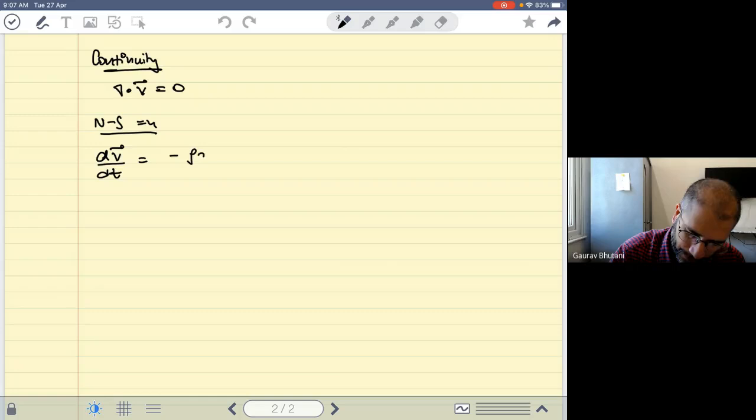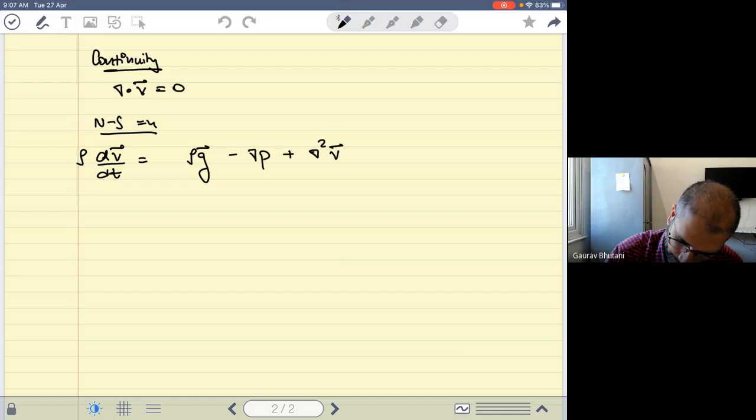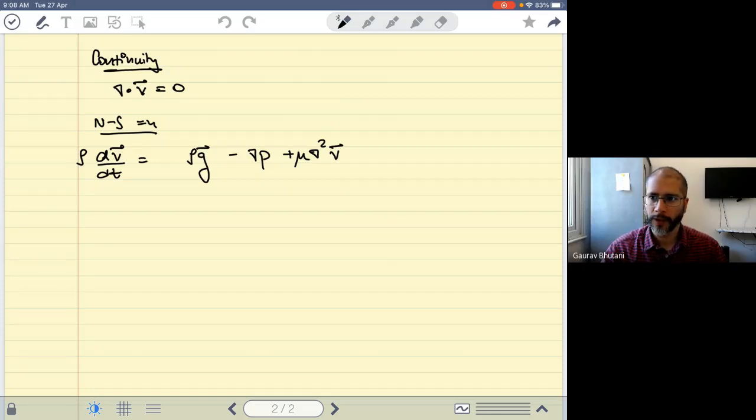On the right hand side, we have the body force term, the gravity term. We have the gradient of pressure, and then we also have the term due to the viscosity. Okay, so here I've assumed it's a Newtonian fluid. So there's a rho here, and this is supposed to be a viscosity mu here. Okay, so these are the two equations that we developed in the past for theoretical discussions, and we also actually solved them for those channel problems.